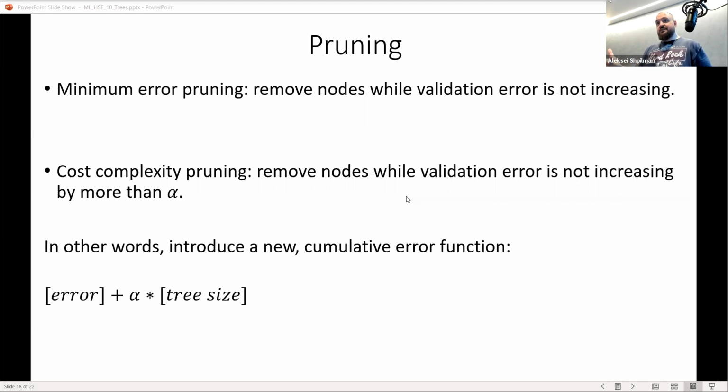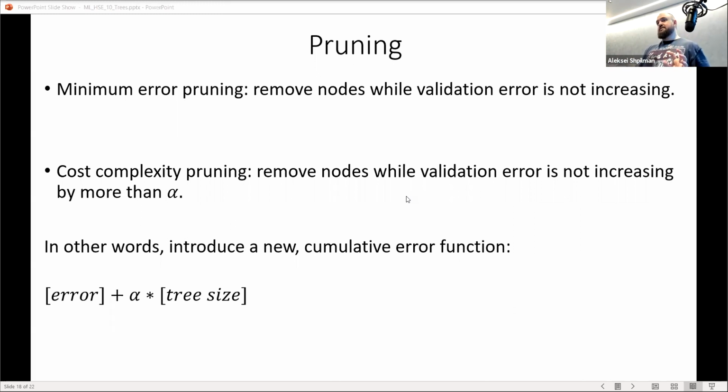So you have your validation data set and you start cutting off leaves. And you cut them off until validation error does not increase, right? So while it stays the same, or maybe even gets lower, you cut off leaves. You take a leaf, you cut it off, see, okay, validation error, better, worse. If it's worse, don't cut the leaf off. If it's better, cut the leaf off. If it's the same, cut the leaf off, all the same. Easy, right? Now,